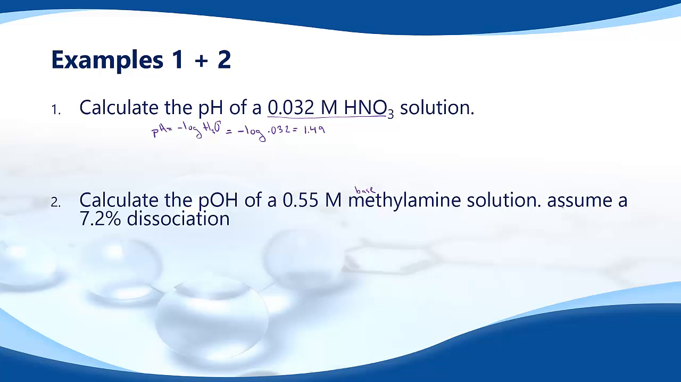Now, at the end, I have a little sentence here. It says, assume a 7.2% dissociation. What this means right here, this means that the actual hydroxide concentration is 7.2% of the initial